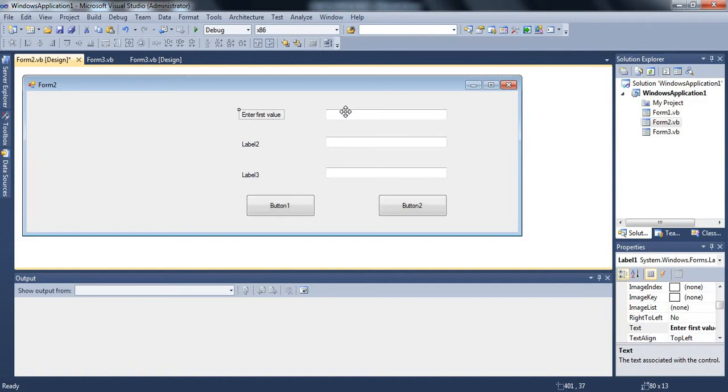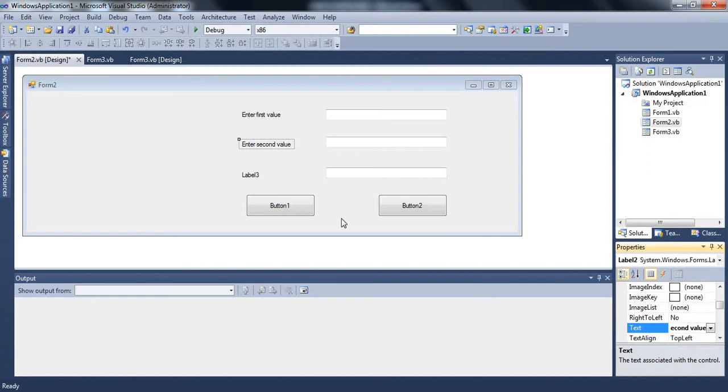Let me now go to label 2 and ask my user to enter the second value, the second number, and the third one is the choice. Let me ask them to enter their choice.